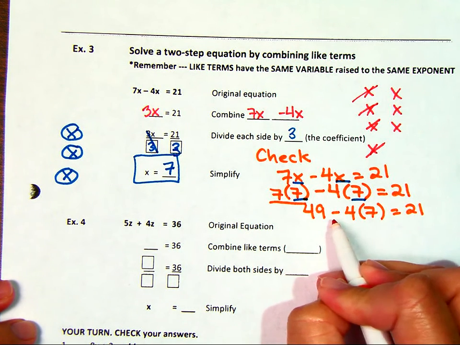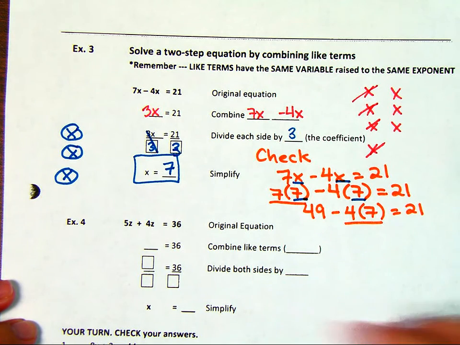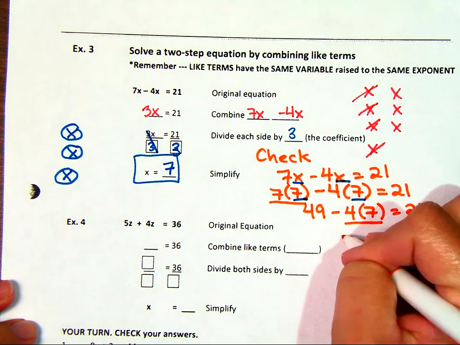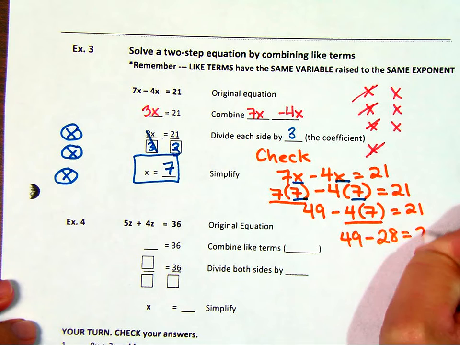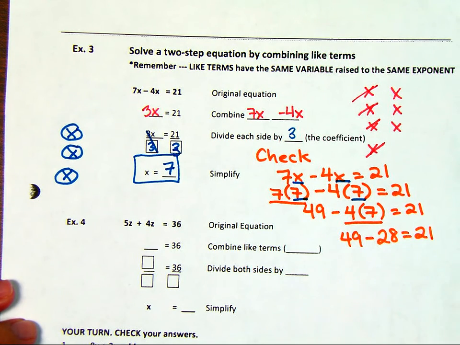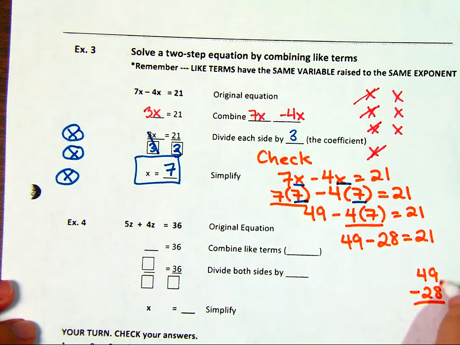We can't say 49 minus 4 because there's still multiplication. So always do multiply and divide from left to right. So we can bring down that 49. 4 times 7 is 28. And as long as 49 minus 28 is equal to 21, 9 minus 8 is 1, 4 minus 2, yep,